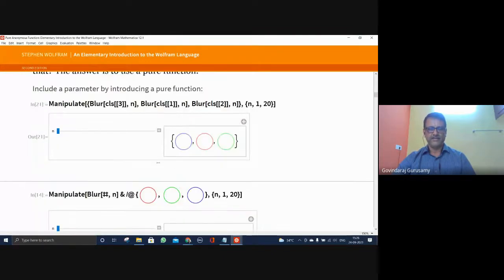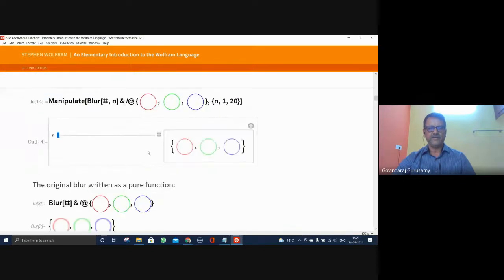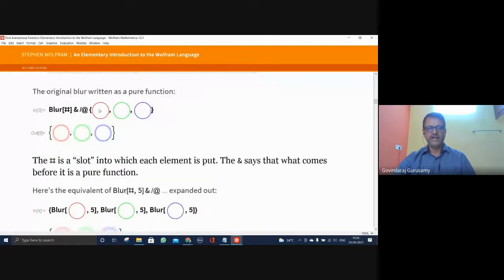You can see the difference now. I hope you will appreciate it when you look at this independently and then write it out. So now you can understand the purpose of the pure function. With this small example, you see the list, and as I said, it can be numbers, expressions, or mathematical expressions of various kinds.